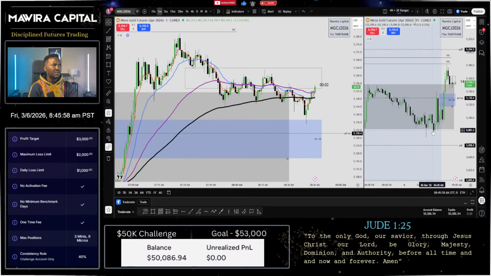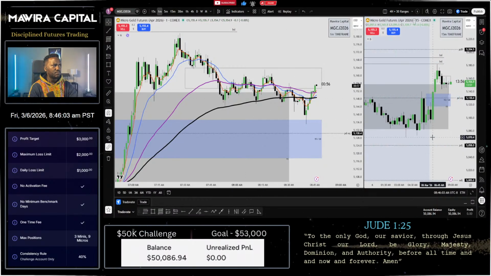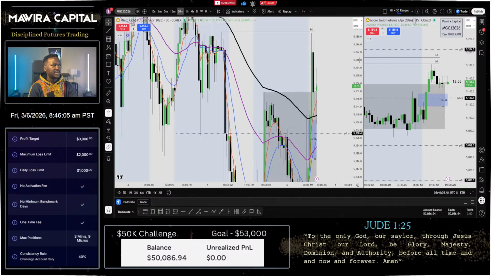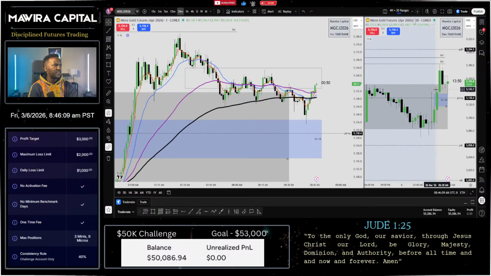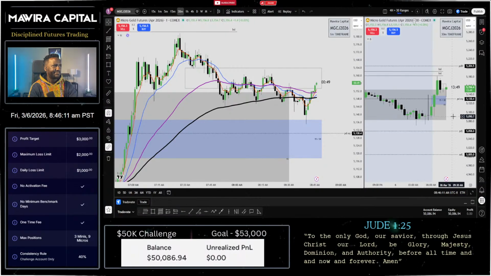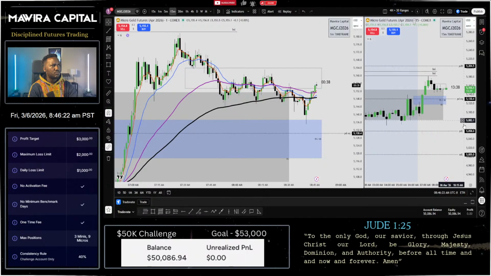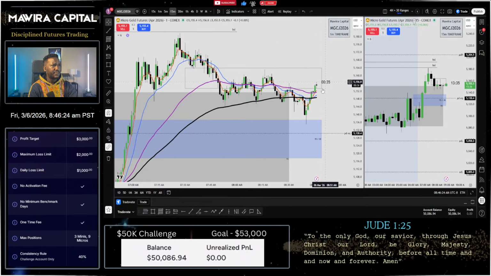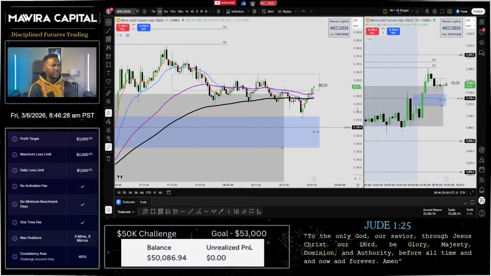We are trading off of a zone, getting support. We've come down to this 30-minute hold up to this 30-minute Beverly gap over here, which is good. I think that can be a good bounce zone to provide some momentum to the upside. So yeah, if I do get a setup here before 9, I'm gonna take it. I will be taking it.